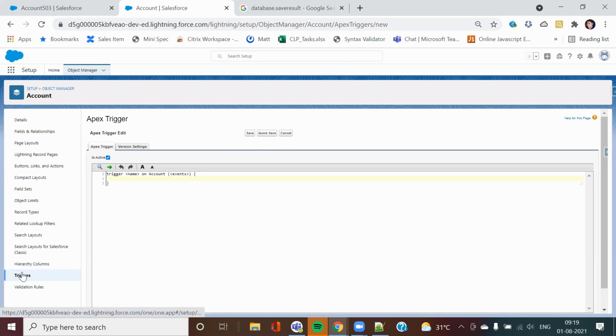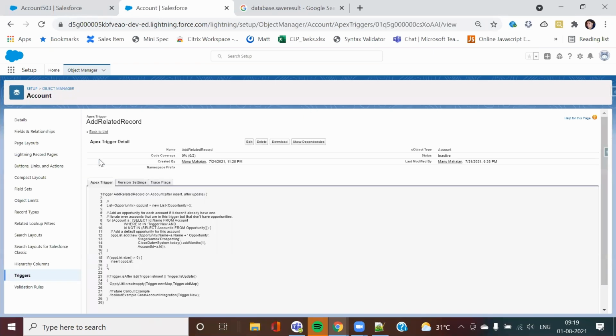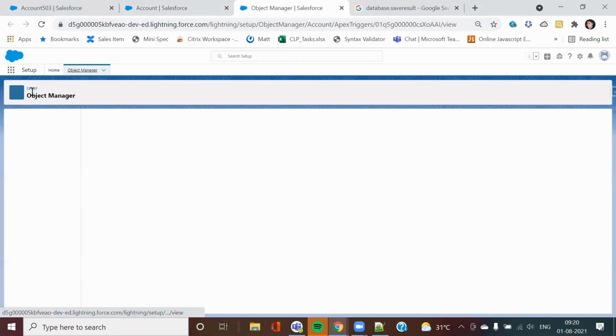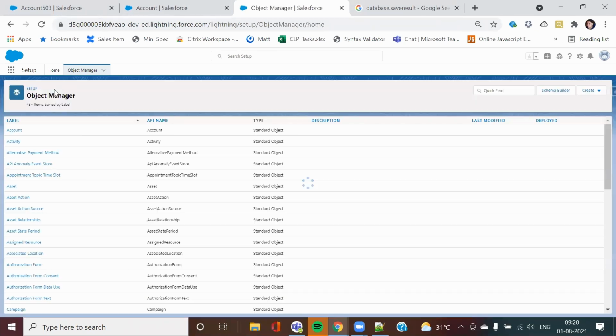This is how the example looks. So this is one way you can create the trigger. This we will discuss later. First, let me show you the other ways.